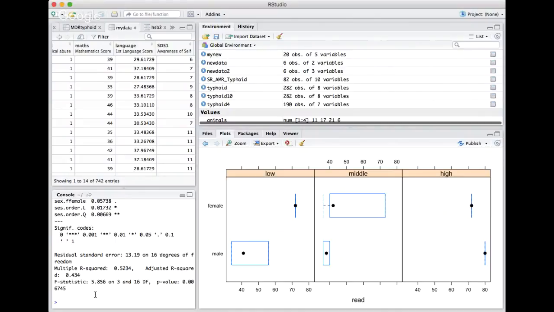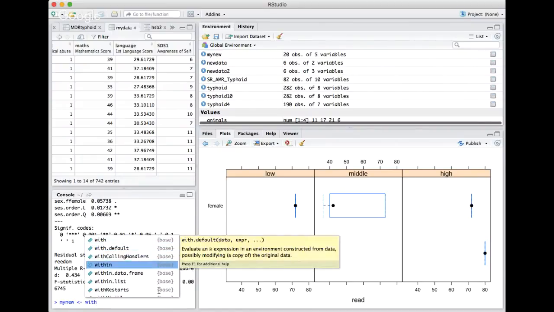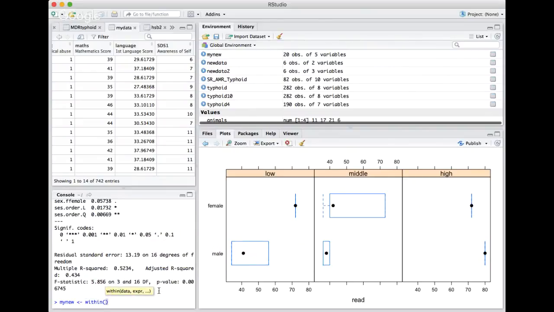And here, let's now write my new, and within my new I would specify sex.contrast is equal to